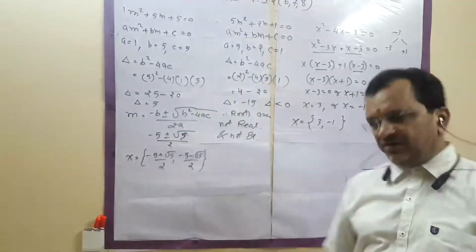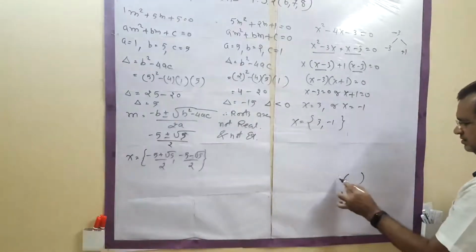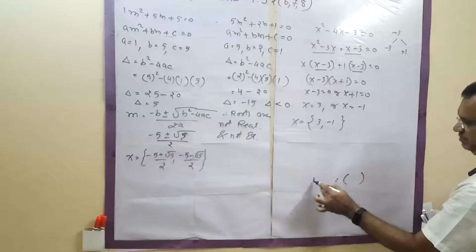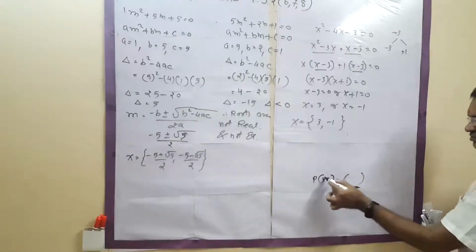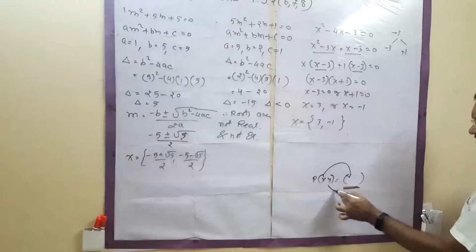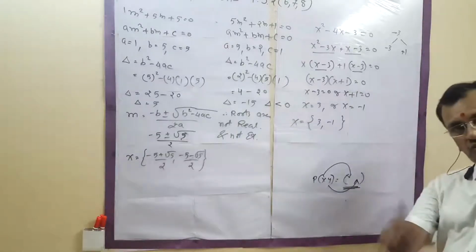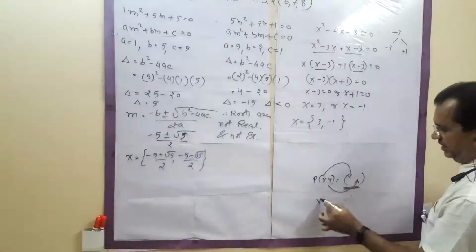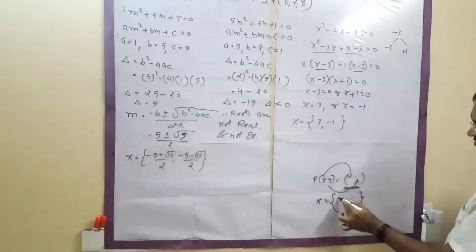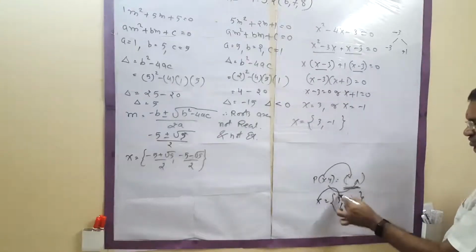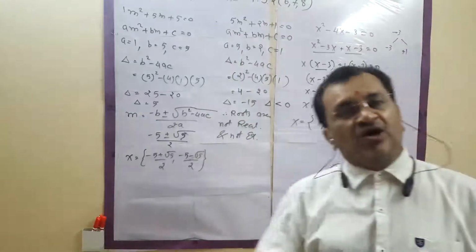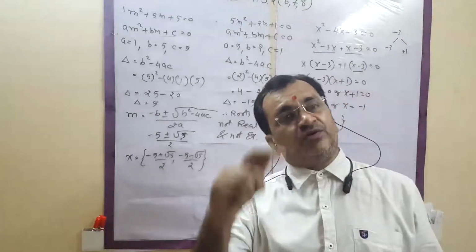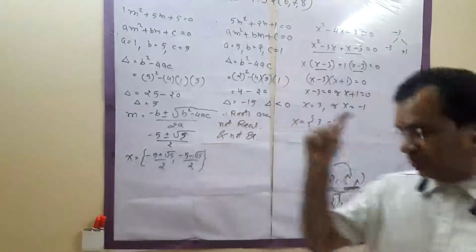In the previous chapter we were writing like that, okay, (x, y). What does this bracket mean? First number goes to only x, second number goes to only y. Now we are writing like this, x goes to 3 also, x goes to minus 1 also. Both are solutions of the same variable. At that time you have to write solution set, solution.